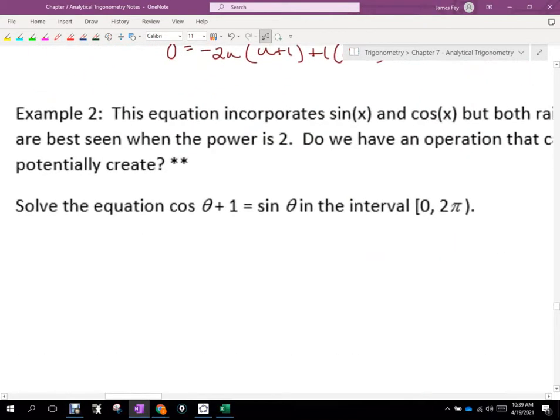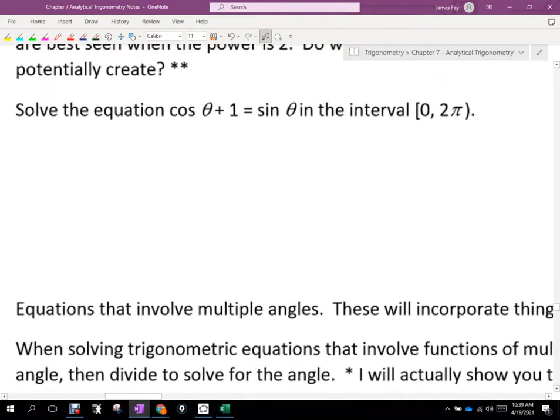Example 2 here. We'll do it in degrees again, and if it says radians, then if we get done with time, we'll change them all to radians. It says solve the equation cosine theta plus 1 equals sine theta. Because there's nothing squared here, this might be a situation where, if you are savvy enough with understanding your curves, you might be able to say, okay, let's just quickly graph the sine. If I graph the sine,